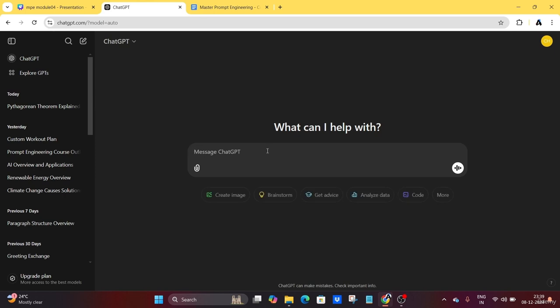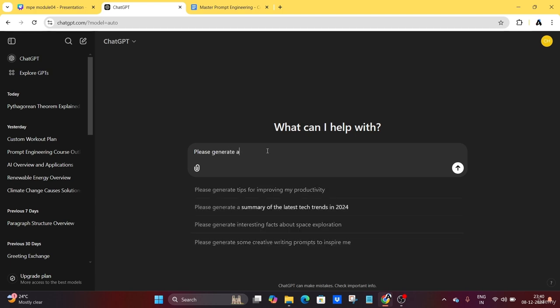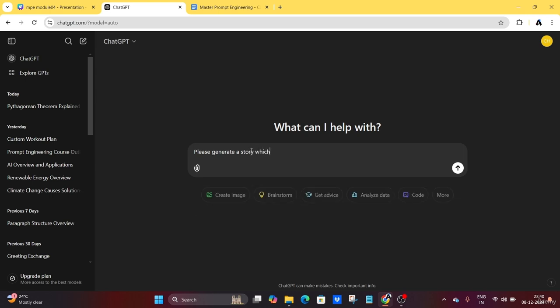For example, I will ask AI: Please generate a story which has more engaging words and fun for a 10-year-old boy. Let's see what the AI will generate.